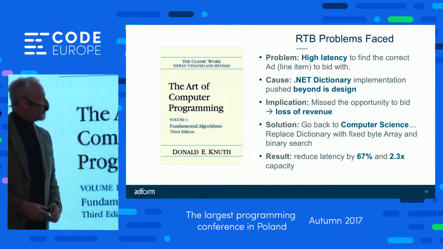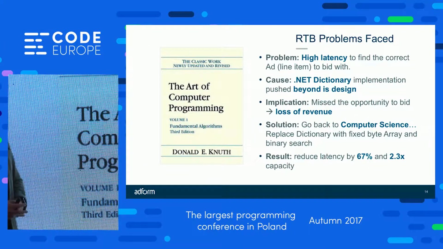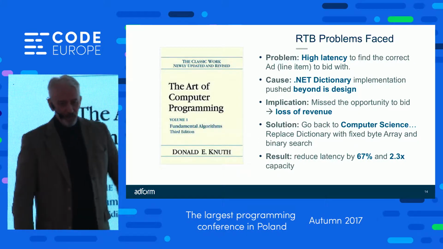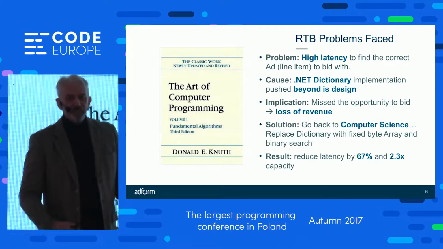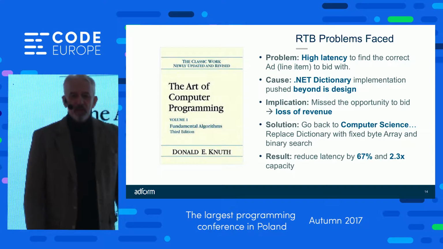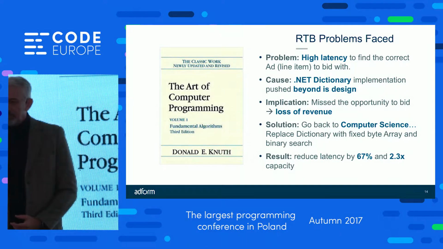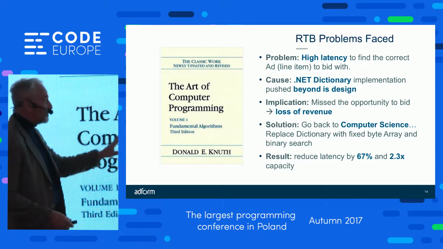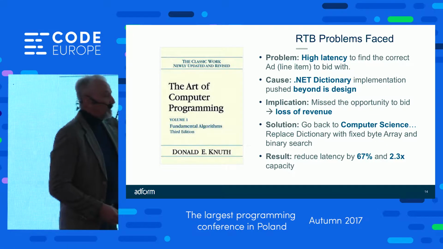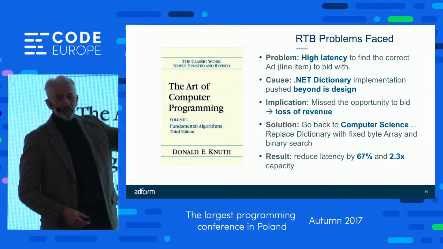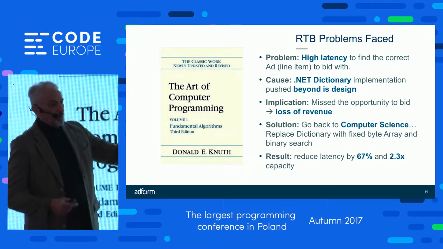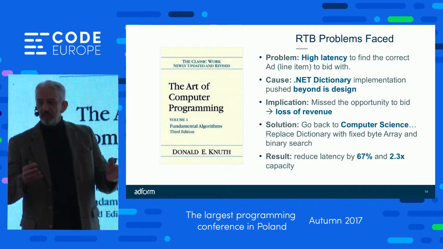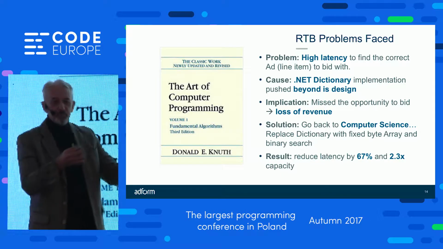But we faced some problems. It was about a year ago, a little more than a year ago. The CEO and the CIO came into my office and went, okay, we have a problem. We're not being able to spend the advertisers' money fast enough, which makes them grumpy and we don't earn any money. And it had to do with the speed of our bid. So we could identify the user in a millisecond or two, but it was taking us too long to decide how much to bid and which creative to put in front of you.